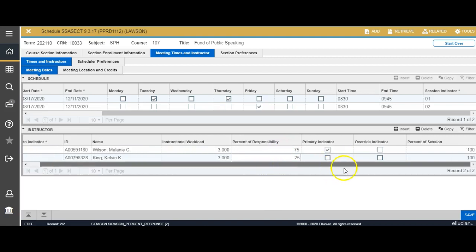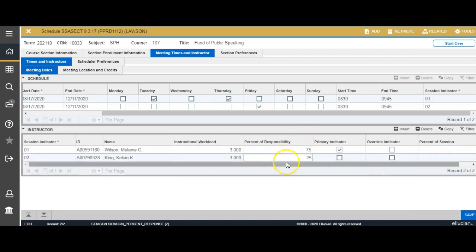Okay? There's some other areas back here that we're not even really sure about at this point. We may have to do another video about percent of session. We're still investigating this part right here. So for now, just leave this alone until we can figure that part out. But we do know that the percent of responsibility would change here, and you would indicate if that individual is